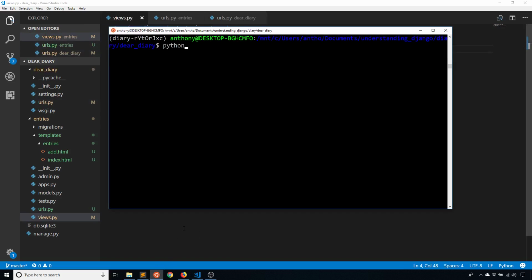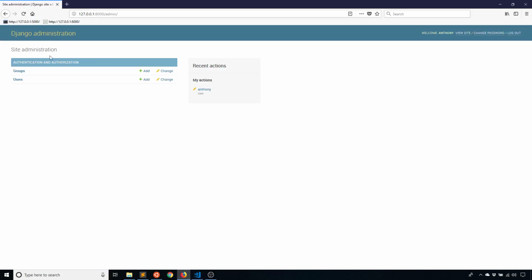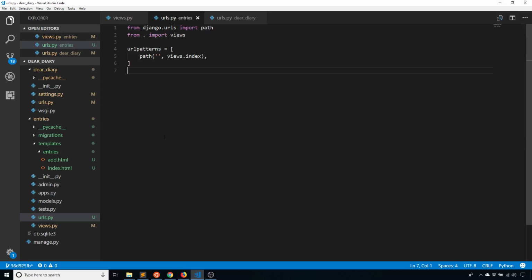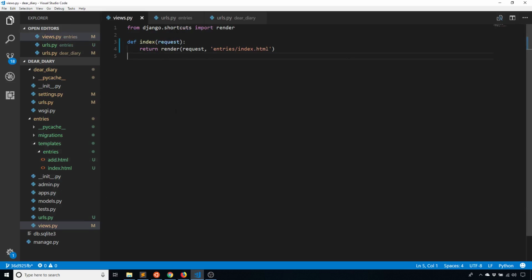And once I have those two things, I should have everything set up. So I'm going to start my server again, run server, and I'm going to go to the domain again. I get this template does not exist. So what that means is it's looking for the template, but it just can't find it. And the reason why it can't find it is because I didn't add my entries app